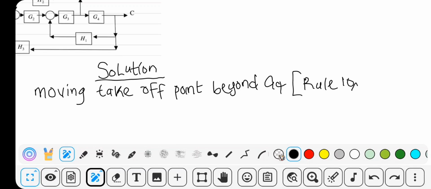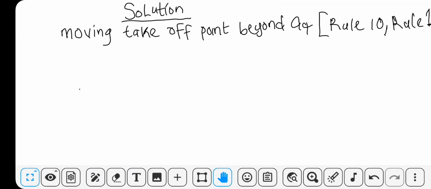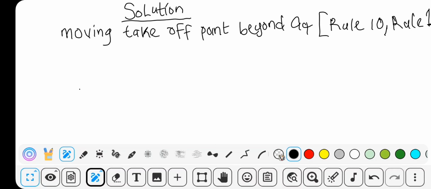Rule 1 involves combining blocks in cascade, that's blocks in series. I also applied rule 1 here and rule 10. So if you move the takeoff point beyond G4,